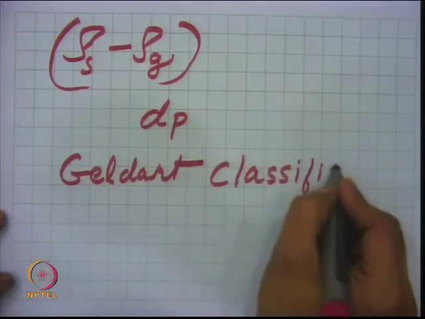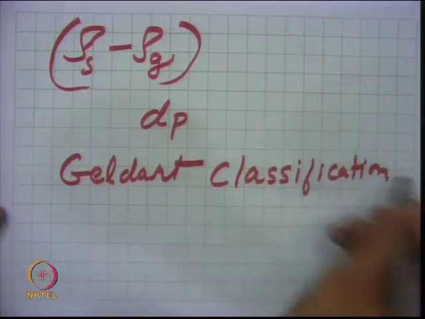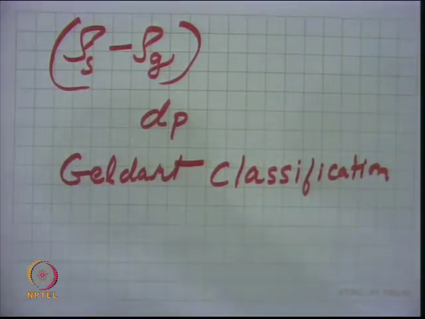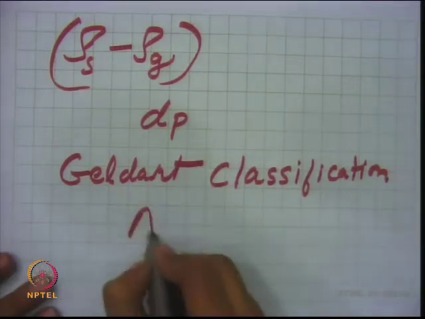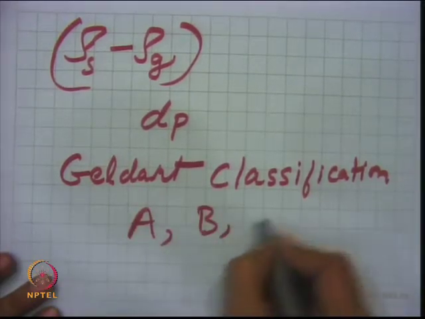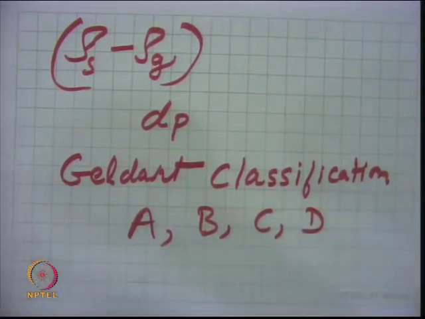This is known as the Geldart classification. Basically, in this classification you have categories A, B, C and D. We have categorized solids into these different categories, which may be difficult to fluidize, or may be of a cohesive nature. Depending upon that, if you wish to fluidize, you need to consider rho s minus rho g as a function of the diameter of the particle. As the diameter of the particle increases, fluidization becomes still more difficult.